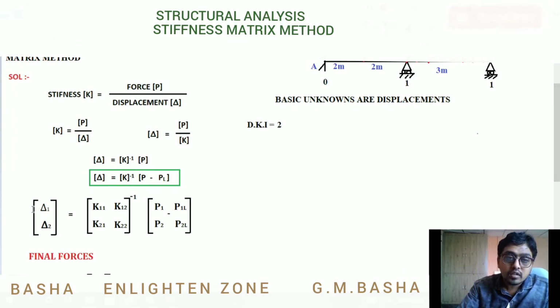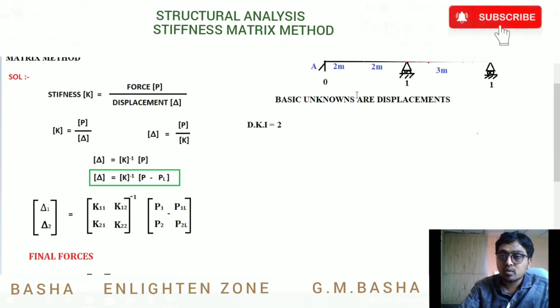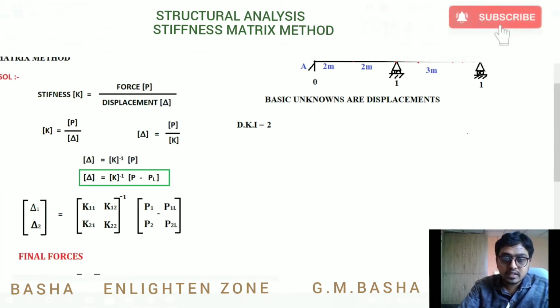Here there will be 2 unknown displacements, that is delta 1 and delta 2. So we are taking one as one coordinate position, another coordinate position here. I will show you that in the next diagram. And the stiffness matrices are K11, K12, K21, K22 for the 2 by 2 matrices. And here P1 and P2, there will be 2 external forces, and based on that you can take these external forces and forces due to the given loading condition. I will explain that in another diagram.